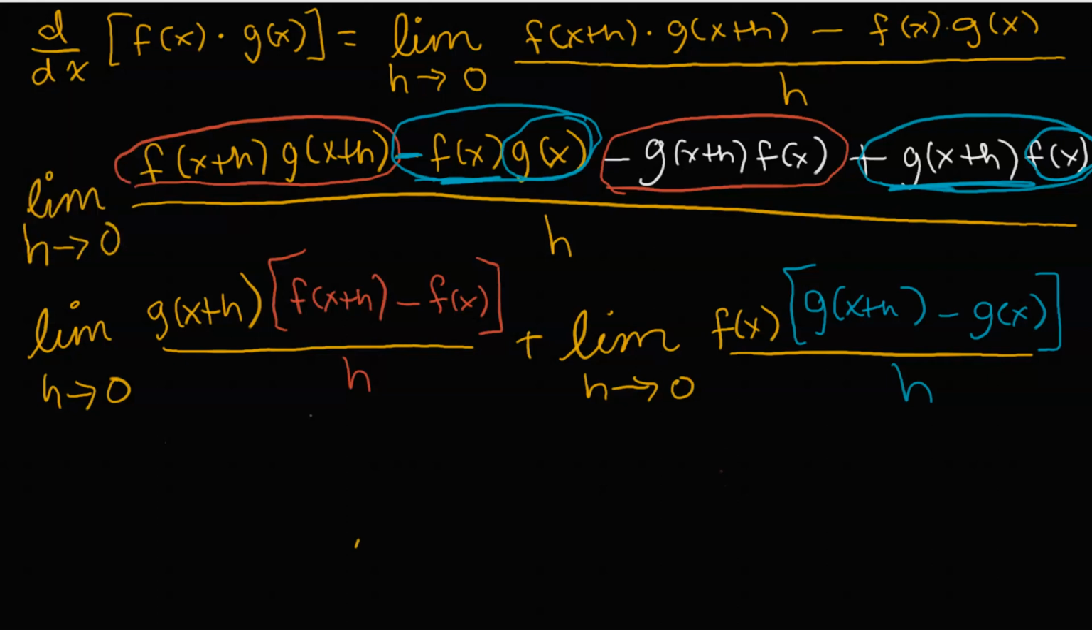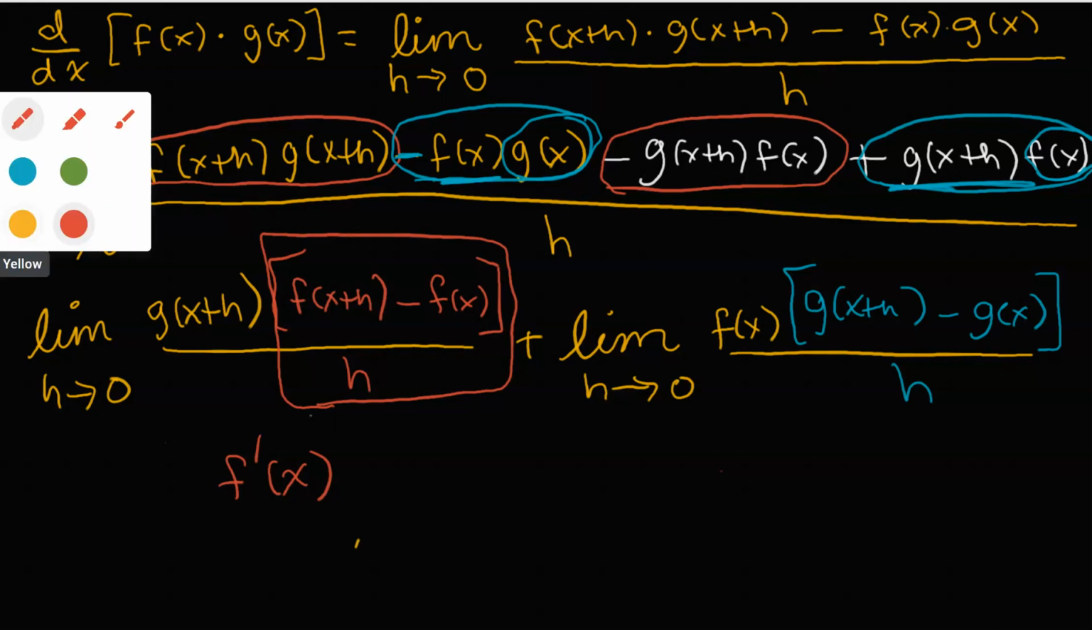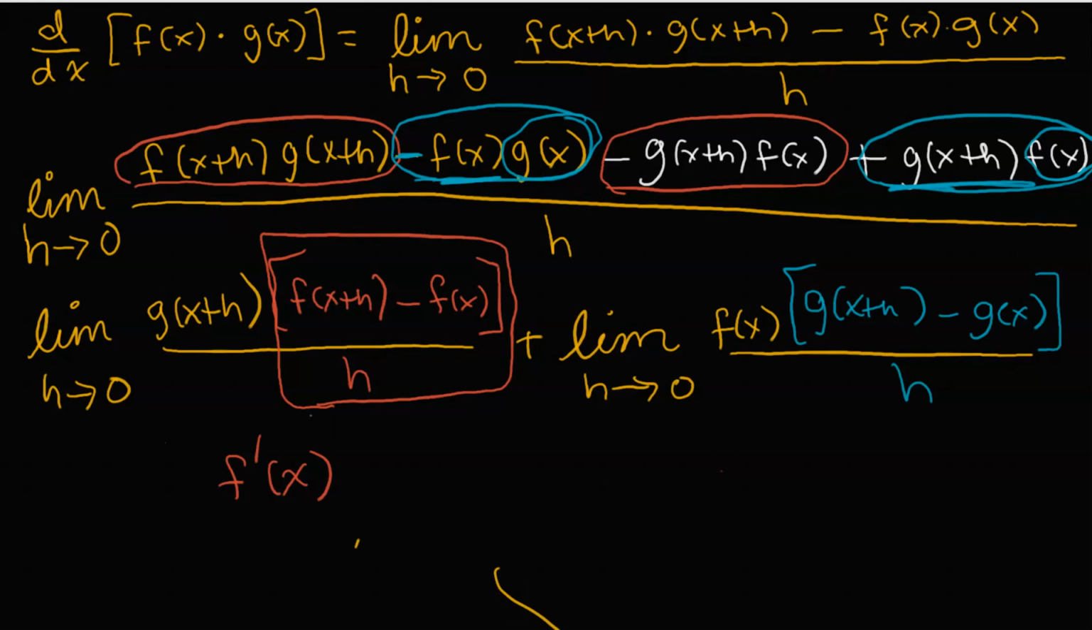The red, the limit as h goes to 0 of this red right here, that right there is the derivative of f of x. Multiplied by, well, when h goes to 0, where does g of x plus h go? It will go to g of x because h is approaching 0. So x plus h is approaching x. Plus,